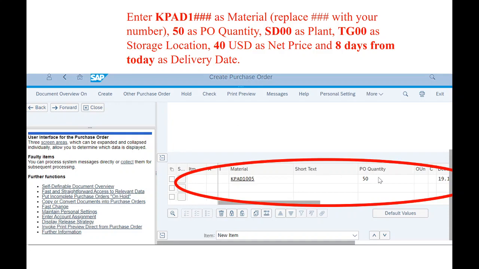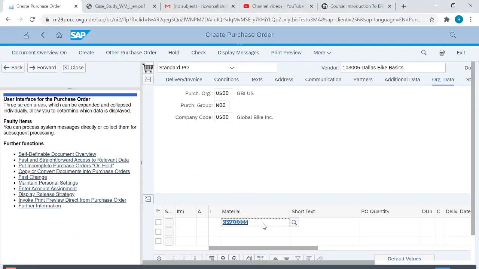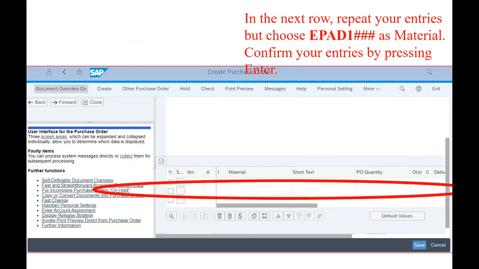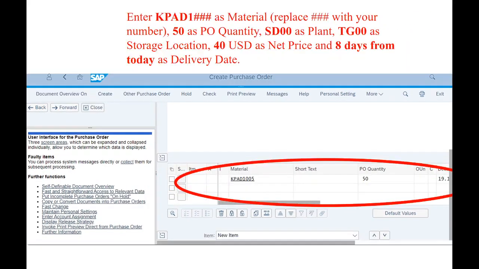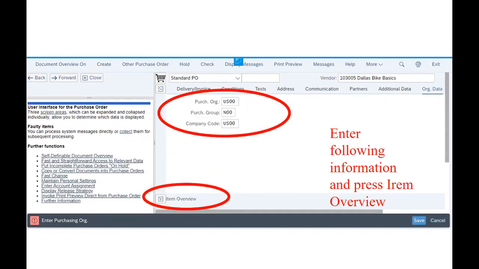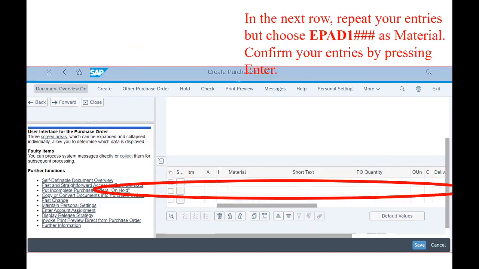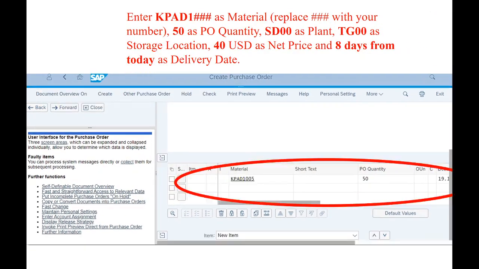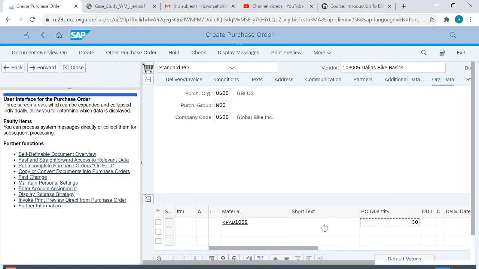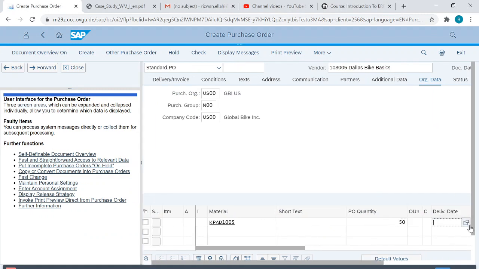Now the PO quantity is 50. Okay, now what is the delivery date? It's 8 days from now.